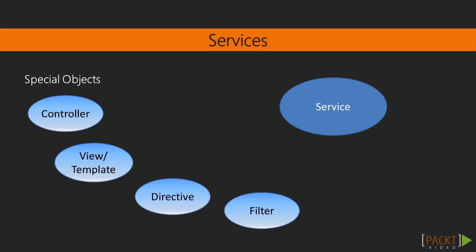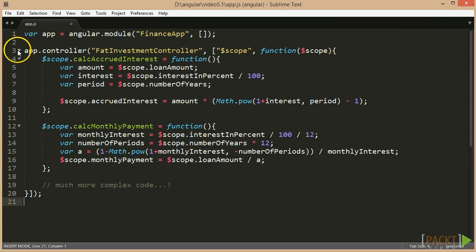In Angular, we have services and special objects. We already talked about the special objects, which are views or templates, controllers, directives, and filters. Now it's time to get more familiar with services. When implementing controllers for a somewhat complex view, the amount of code that we write increases quickly. And soon we reach the situation where the controller has too many responsibilities and thus becomes hard to maintain or